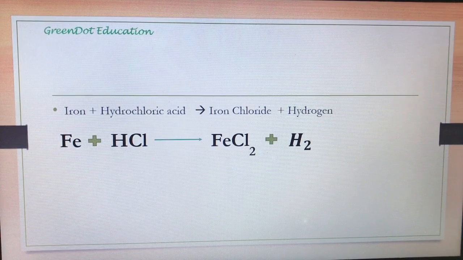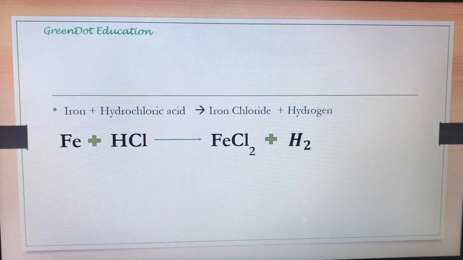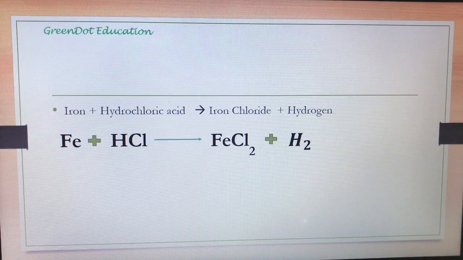is H2. In this way, by determining the chemical formulas, we can easily write down the chemical reactions which are given in word form. So word equations can be written as chemical equations in this form. We have seen that none of these reactions is balanced. So writing a balanced equation is also important. But how to balance these equations, we will learn in our next video.